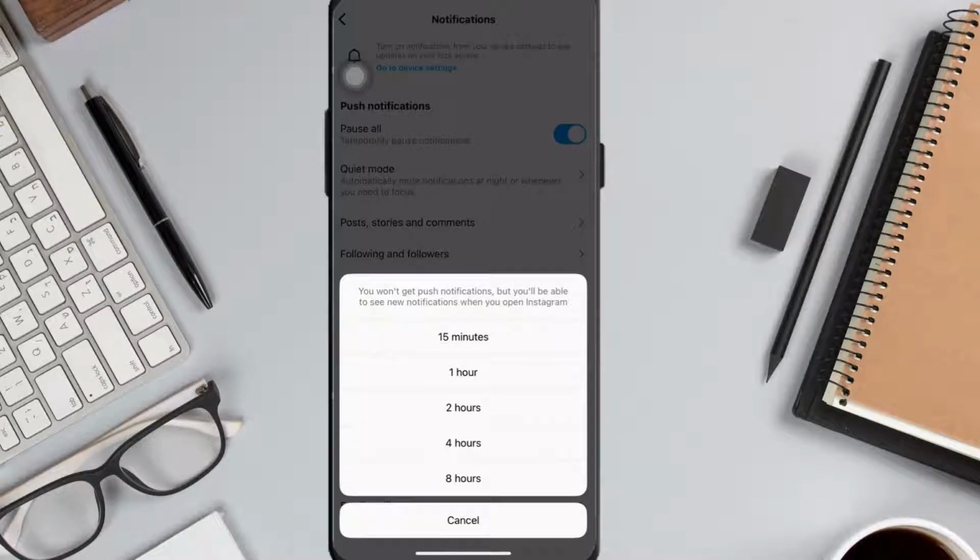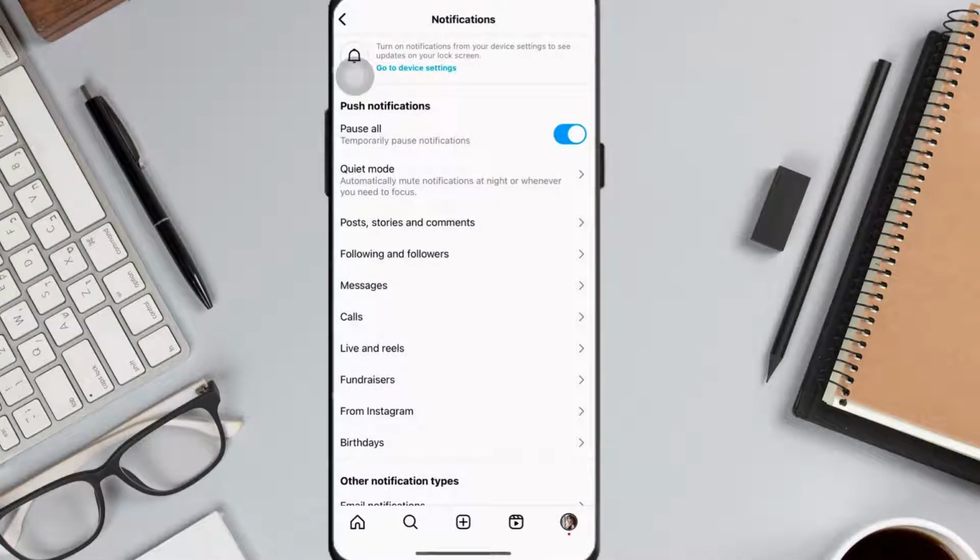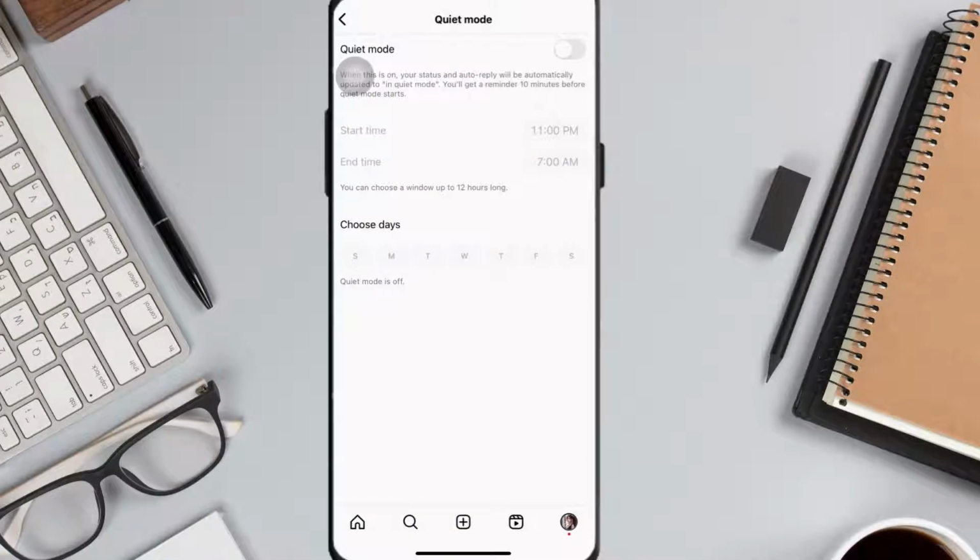For automatic activation of quiet mode at certain times, tap on Quiet Mode and then just toggle the button on beside Quiet Mode, and from here configure the start and end times as to when you want your notifications turned off, and then choose the days when you want to apply this quiet